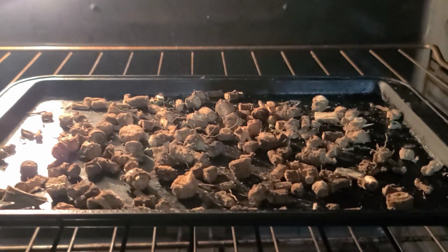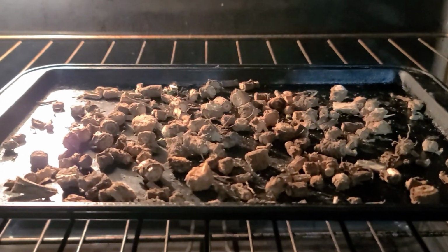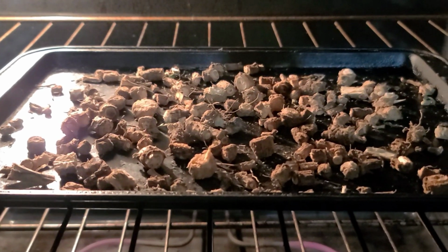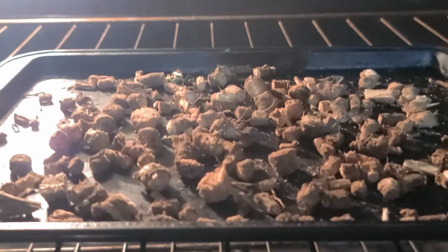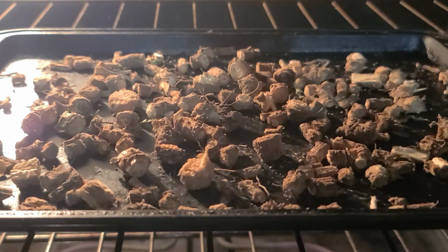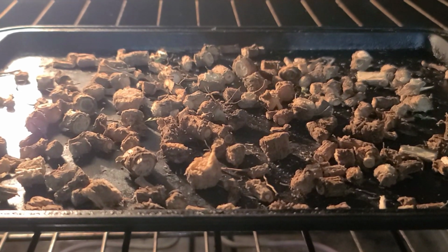Now baking's going to take about 15 to 20 minutes at 350 degrees, and you're going to notice a nice chocolate caramel smell. It's very enjoyable, and pleasing